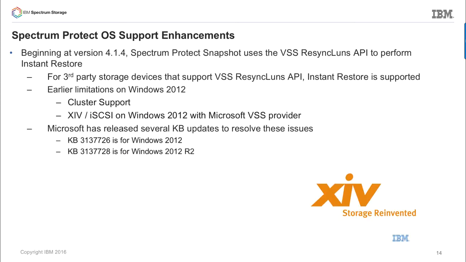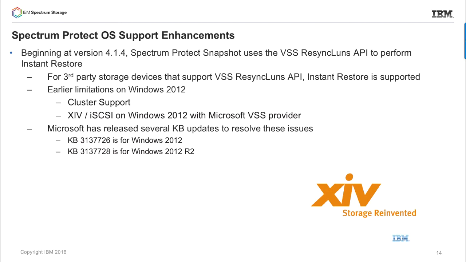Okay, moving on to Spectrum Protect Snapshot, and this is again a reference to a previous version. Back in version 4.1.4, we introduced the ability with Spectrum Protect Snapshot for non-IBM hardware to use this VSS Resync LUNs API to do an instant restore. And basically what that sentence is saying in English is that back in 4.1.4 we introduced the ability to do a hardware assisted restore of Spectrum Protect Snapshot on Windows using this VSS Resync LUNs